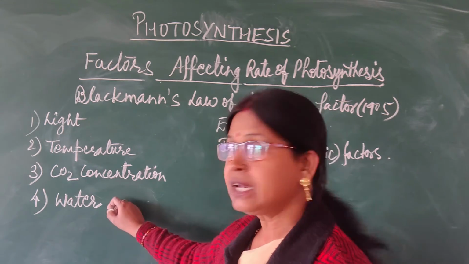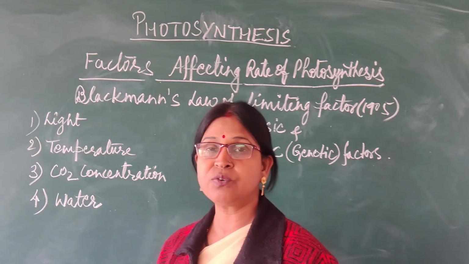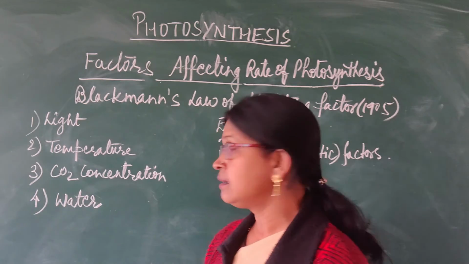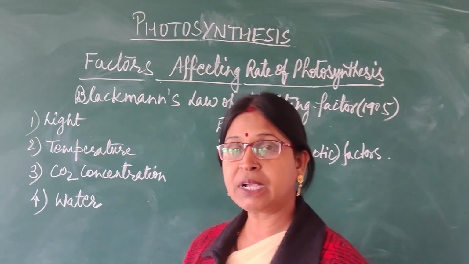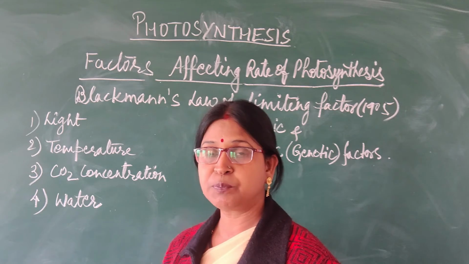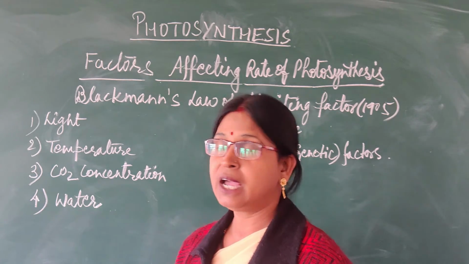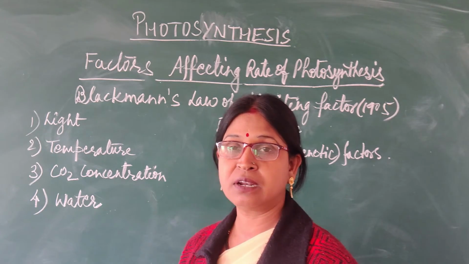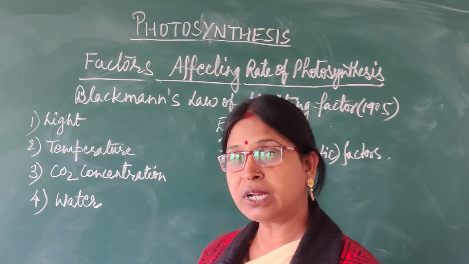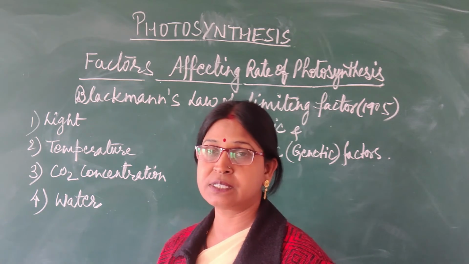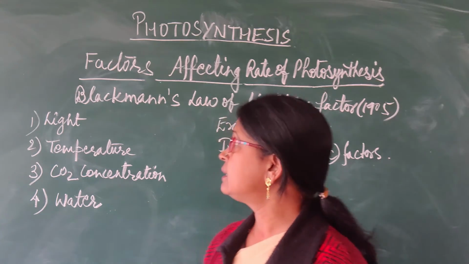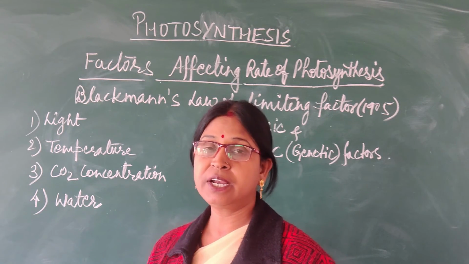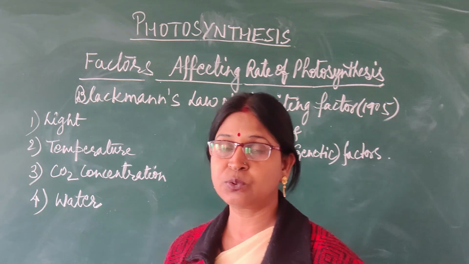Now, water availability in the soil is also one of the factors for the rate of photosynthesis. The availability of water will sometimes become the deciding factor, when it is lowest in quantity and the other factors are present. Due to this lowest factor, water, the rate of photosynthesis will be decided. So in this way we can see that all of these different factors are responsible for the rate of photosynthesis, which we will see through this slide also.